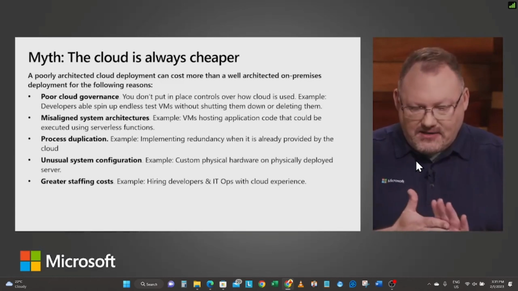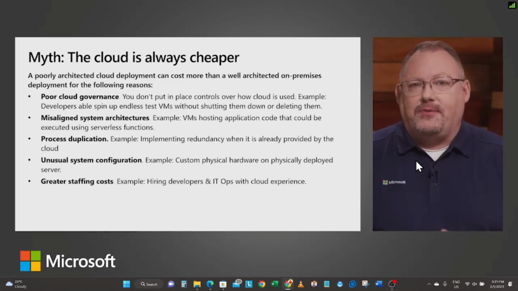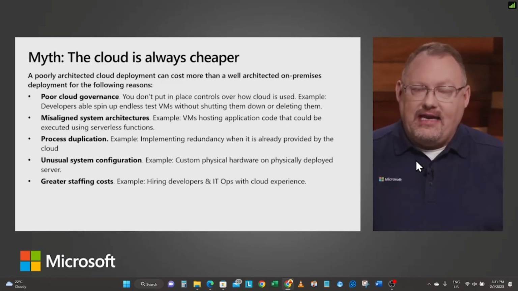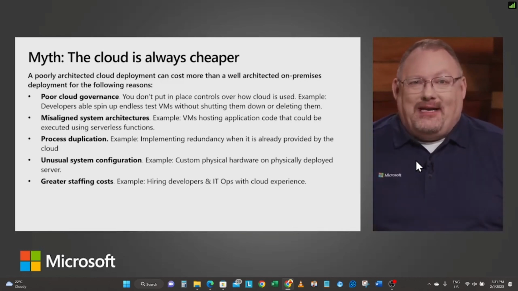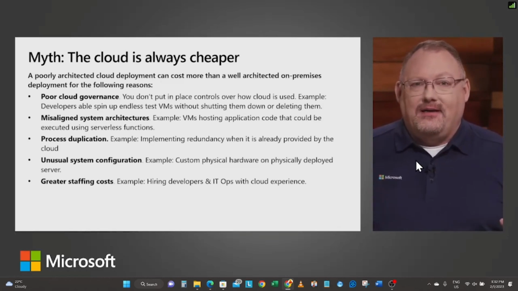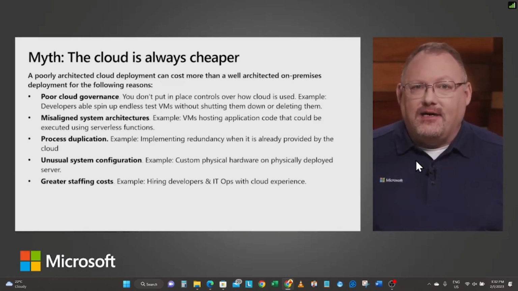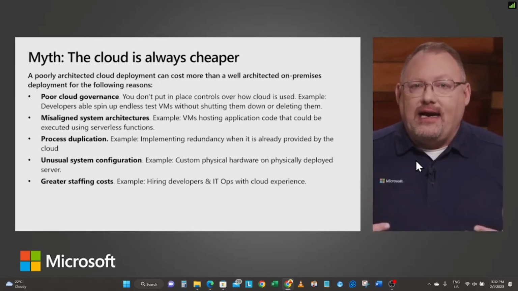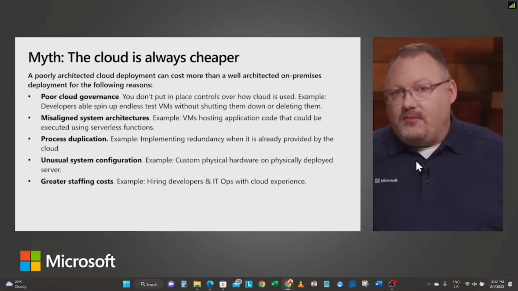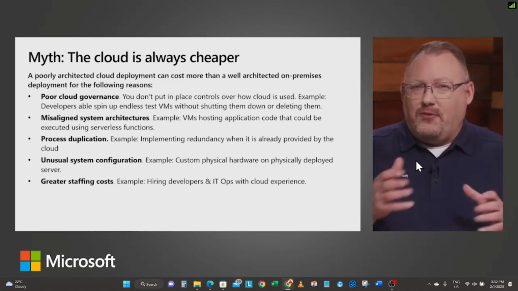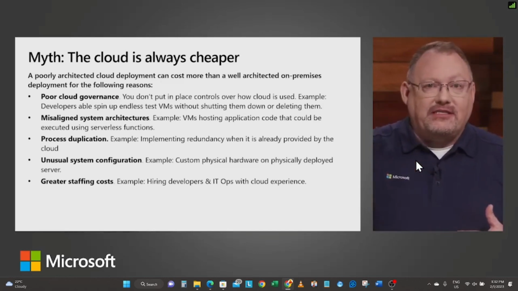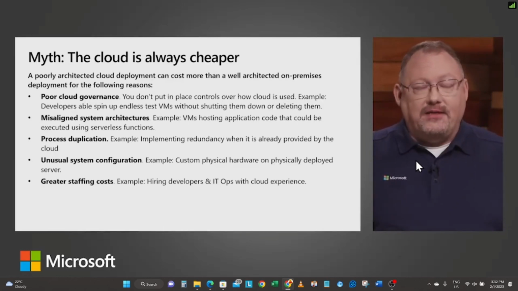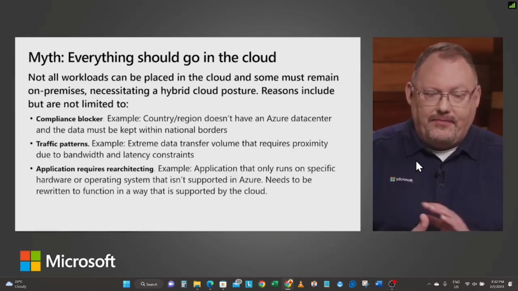Oh, staffing costs. Hiring employees with cloud experience. This is all about readiness, folks. If you don't help your team work with that, and that's what's cool about the team that I'm on now at Microsoft. My job: train customers to help you be successful with Azure. All right? Get trained, hire the people. But it also means, hey, do we need to hire developers if we're building an app, or can we buy an app? Maybe there's a SaaS offering that does the same thing. So is it always cheaper? Depends on what you're looking at, how that plan comes in.